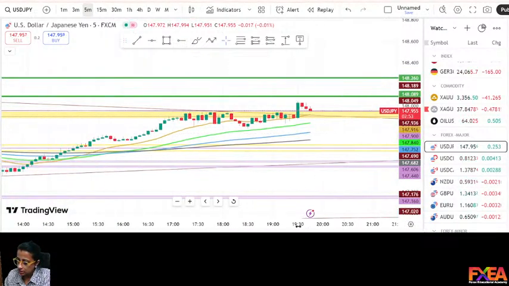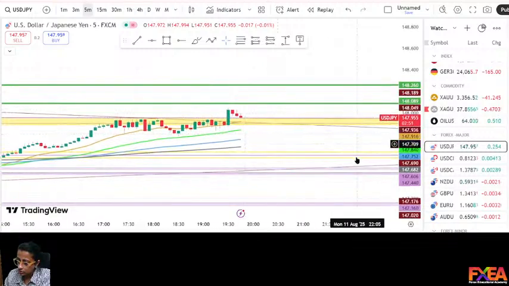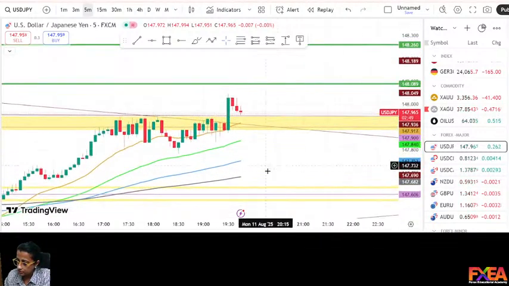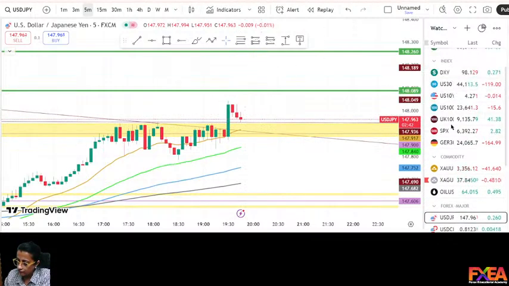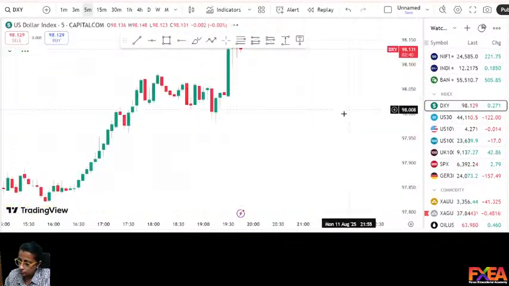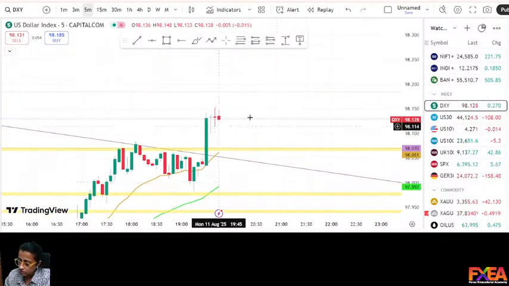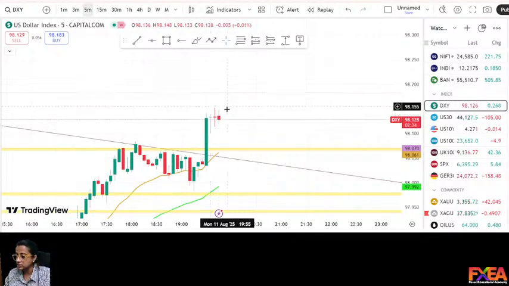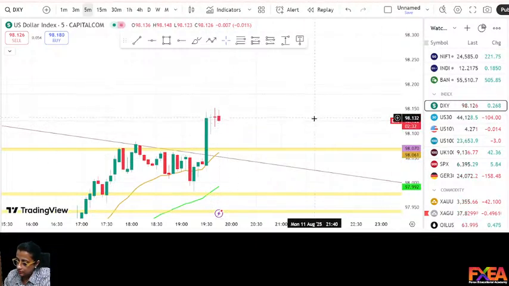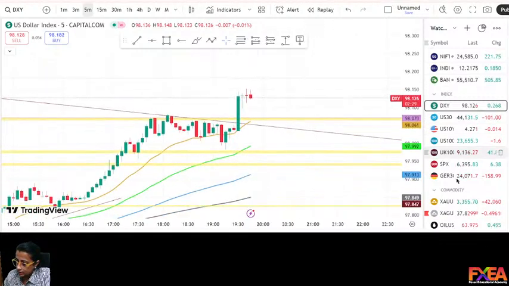The market is coming to this zone. We have the 5-minute CB also in this zone. There can be another bullishness if the dollar index is also bullish. Maybe the dollar index is showing some time correction. Exactly, the dollar index is showing some time correction. That is the reason why USD JPY is having those kinds of moves there.